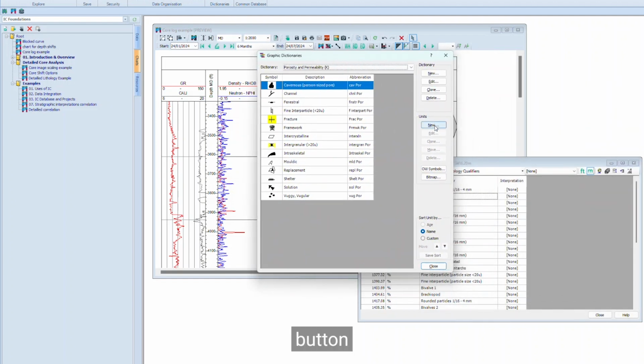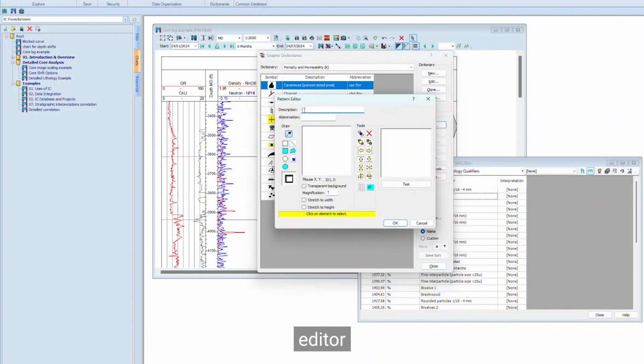I click the New button, and the pattern editor opens. I add the name of my new symbol, an abbreviation, and then in this box I can create the new symbol. So in this case I'm going to use a very simple lined drawing,